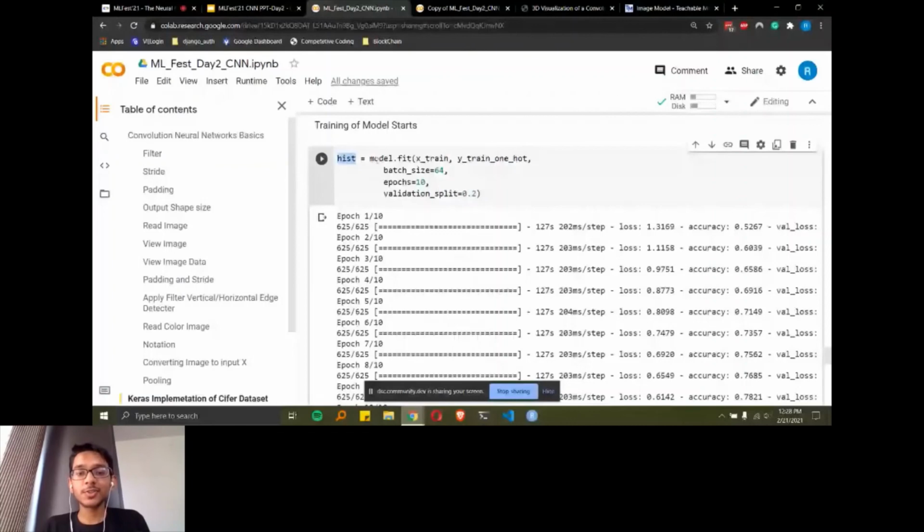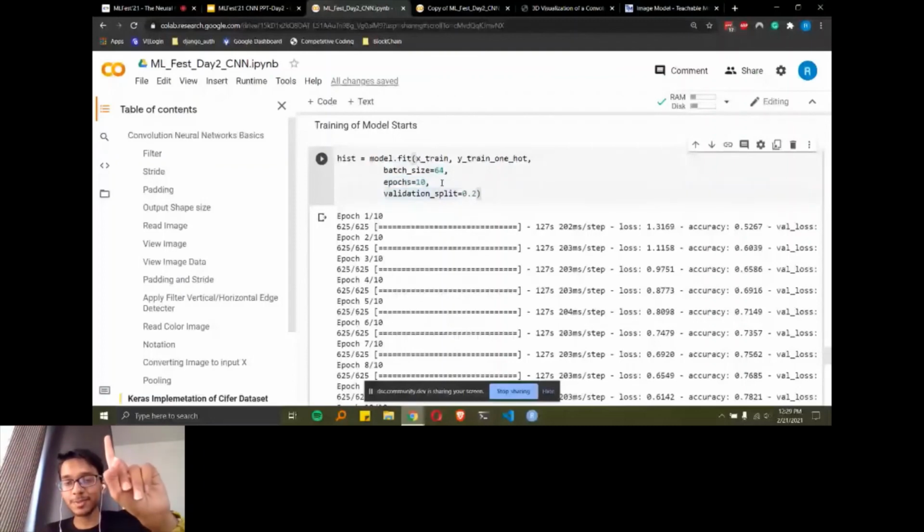We have passed x_train data and y_train one-hot encoded data. We have not passed numbers from 0 to 9, we have passed an array which is one-hot encoded. The batch size is 64, so 64 images at a time will be used for training, and it will be trained for 10 epochs. The validation split of 0.2 means 80% of the data will be used for training.